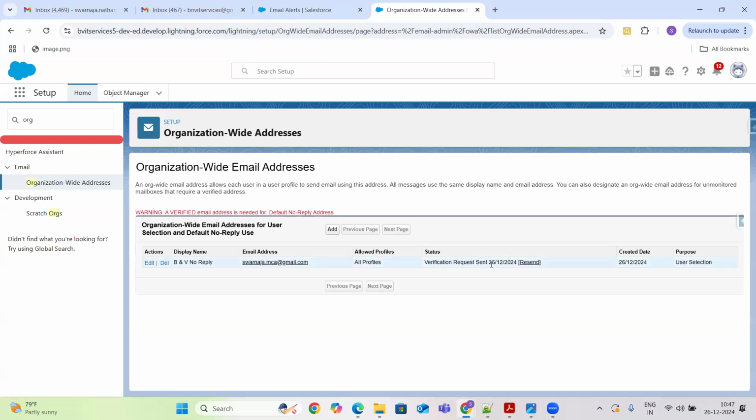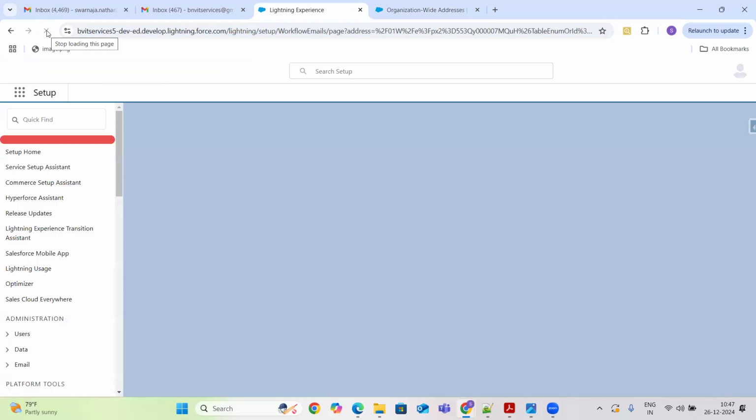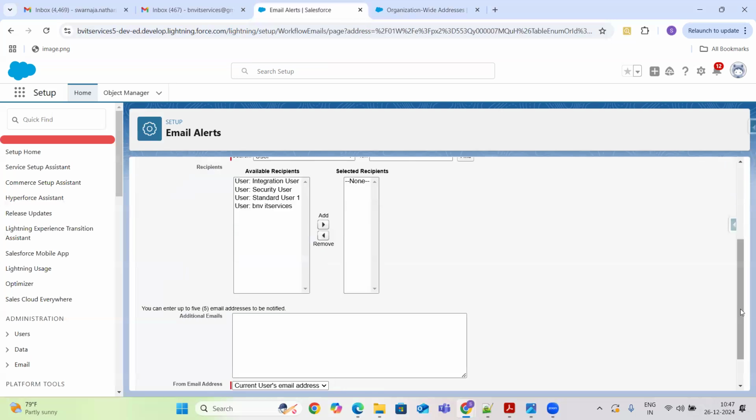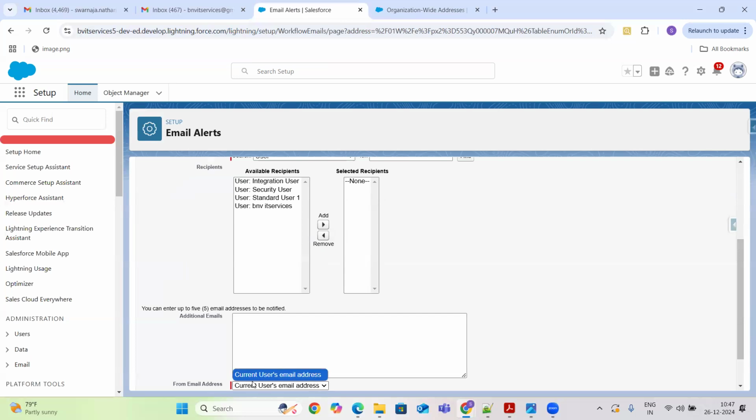Once the verification is done, only then is it available for your selection, guys. Until the org-wide email address is verified, you cannot use it as your from email address.